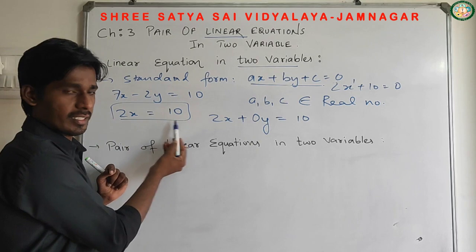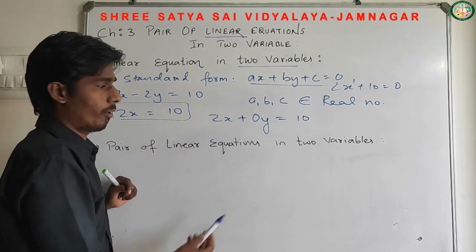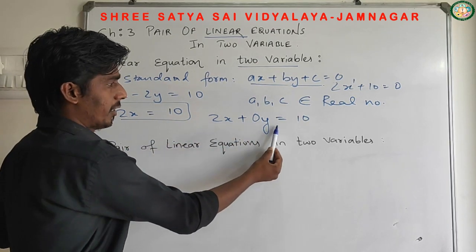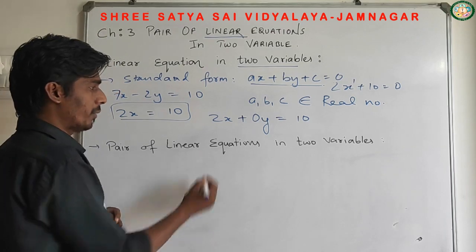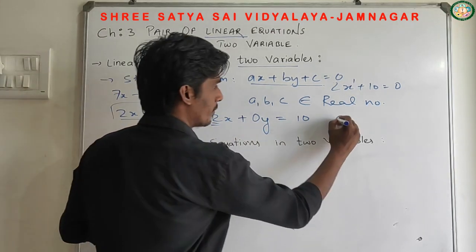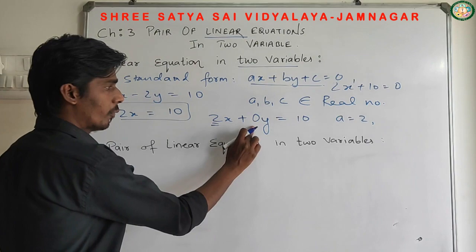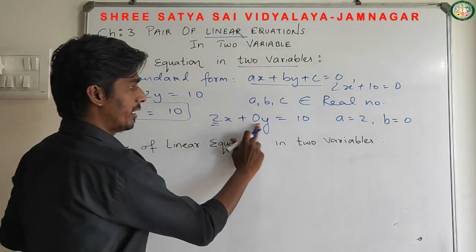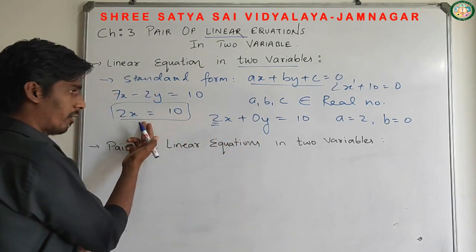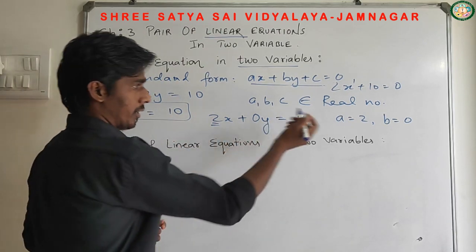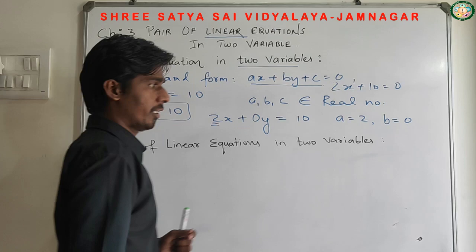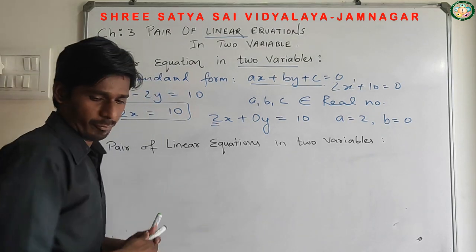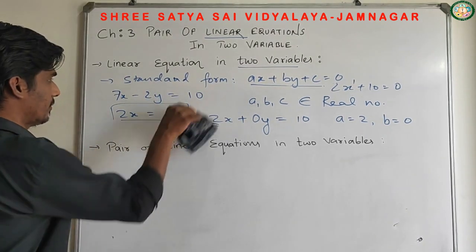So I convert this equation into standard form, that is 2x plus 0y minus 10 equals 0. Here the value of a is 2 and the value of b is 0. Since 0 into y is 0, we are not writing it in the equation. And if we take the reverse condition,